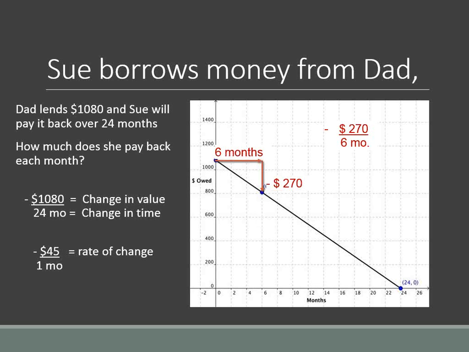So if we look at that, that is a ratio, oh sorry, that animation didn't come up right, of $270 per 6 months, so a slope of negative $45 per month, $45 less that she owes every month. And that can then be converted into a linear equation of y equals mx plus b, slope being 45, and her initial condition, how much she owes at the beginning, of 1,080. And there's that rise over run out there at the end. So that's our setup for figuring out how we do these rates as a